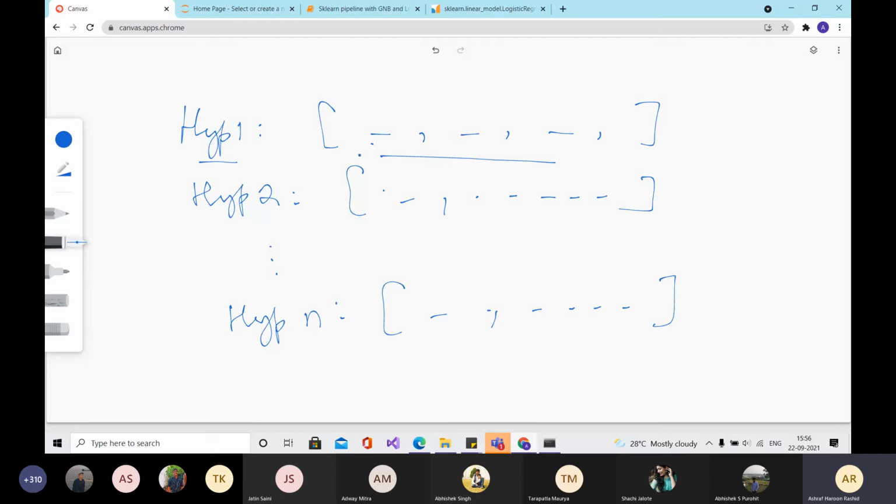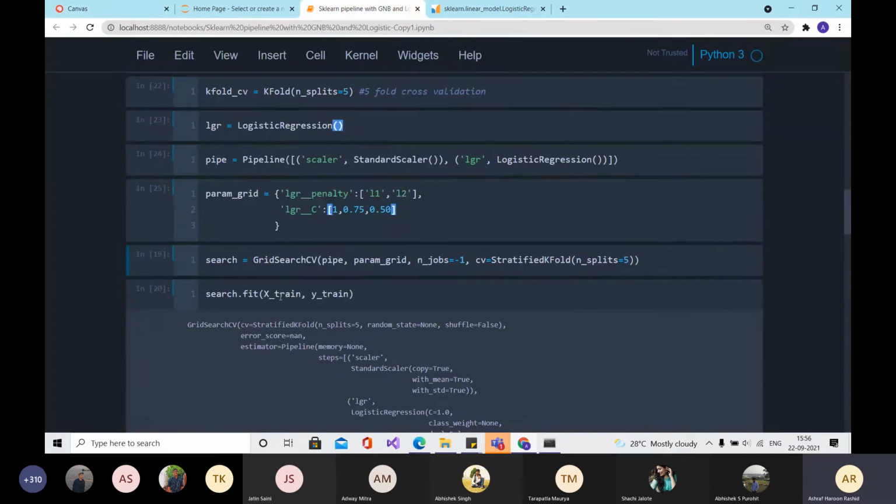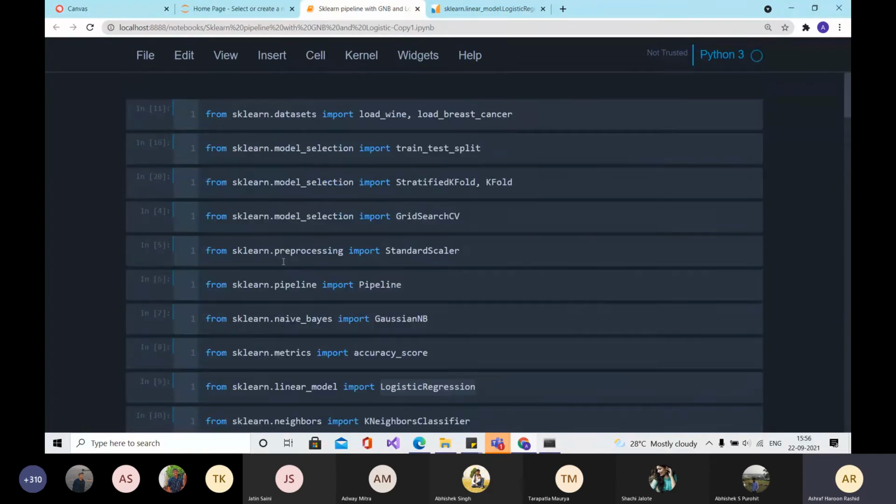This particular technique, in which you look at each particular combination of the hyperparameters you have given, is known as grid search, and that's what we are going to do, grid search CV. And this class is available in sklearn.model_selection.